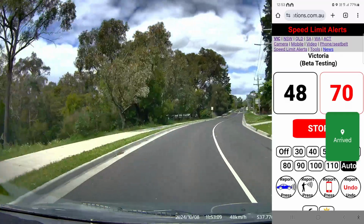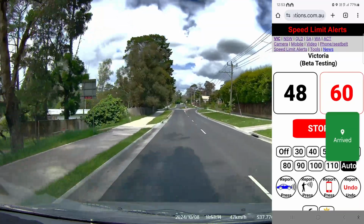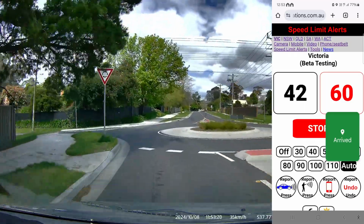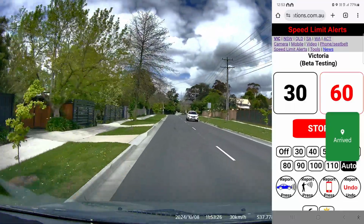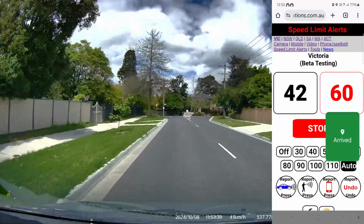No, it's 60 along here. So these speed limits have changed, and I haven't, as I said, oh no, it's 60 there. That's weird. Oh, there's 60 coming up to the roundabout from the 70 kilometre hour road, and then 40 kilometre area, which, since it's not applicable, since it's not in the school times,